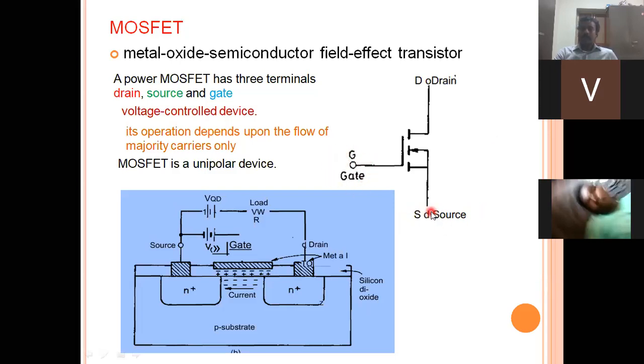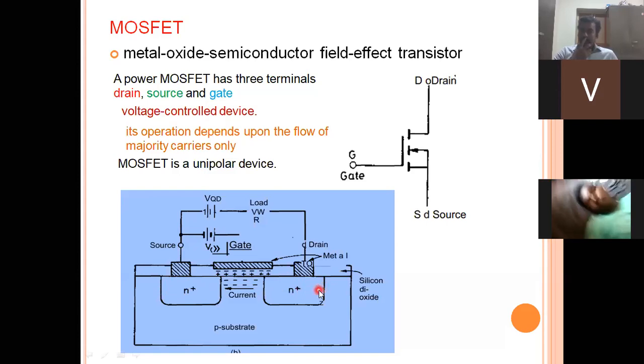Okay, so whenever we need to make the current conduction, then this gate is going to be provided. Here there are going to be two configurations of the MOSFET depending upon the layer which is going to be fabricated. If this n+ layer is going to be fabricated, then this type of MOSFET is considered to be an N-channel enhanced MOSFET.